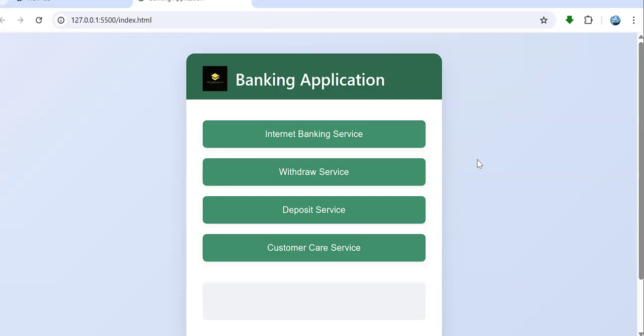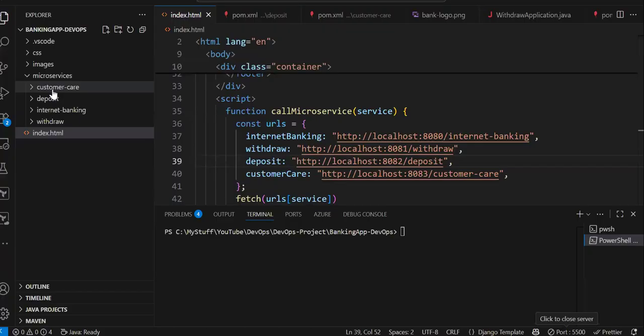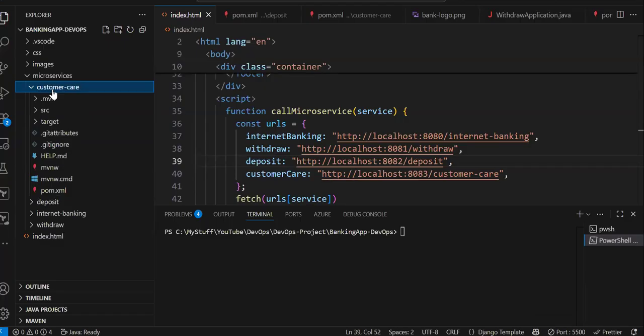If I click on this, it will not work unless you start or build these applications. To build them, we need to run these applications on a Tomcat server. There is an inbuilt Tomcat server for Spring Boot applications, so I'm using that one for now, but I will show you how you can install